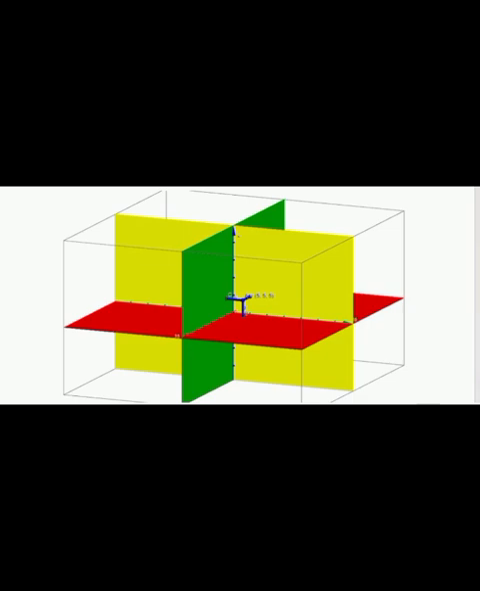Examples are GeoGebra and Desmos. GeoGebra is a powerful tool for interactive geometry, algebra, statistics, and calculus. It allows dynamic visualization of mathematical concepts, making abstract